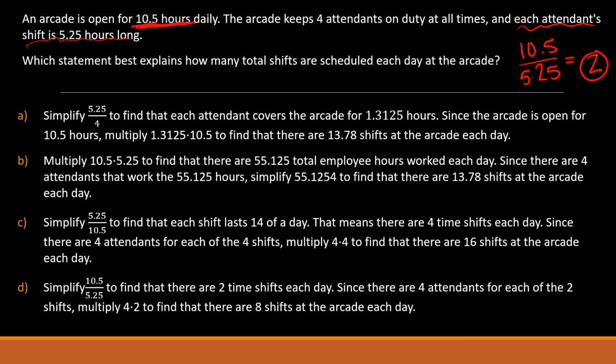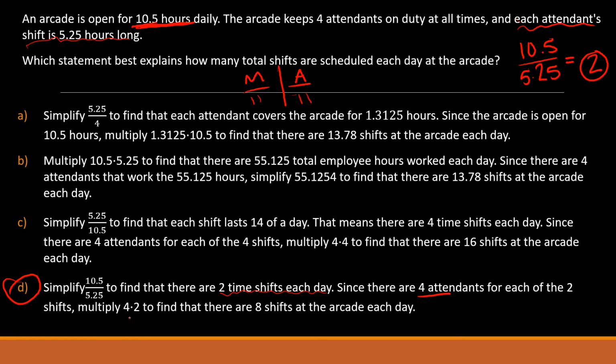Well, if I have 4 total, and I have 2 different shifts to pick from, right? I have my morning and my afternoon. Here's 1 attendant, 2 attendants, 3 attendants, 4 attendants. So that means that if we simplify 10.5 over 2, or 5.25, to find that there are 2 time shifts each day, since there are 4 attendants for each of the 2 shifts,